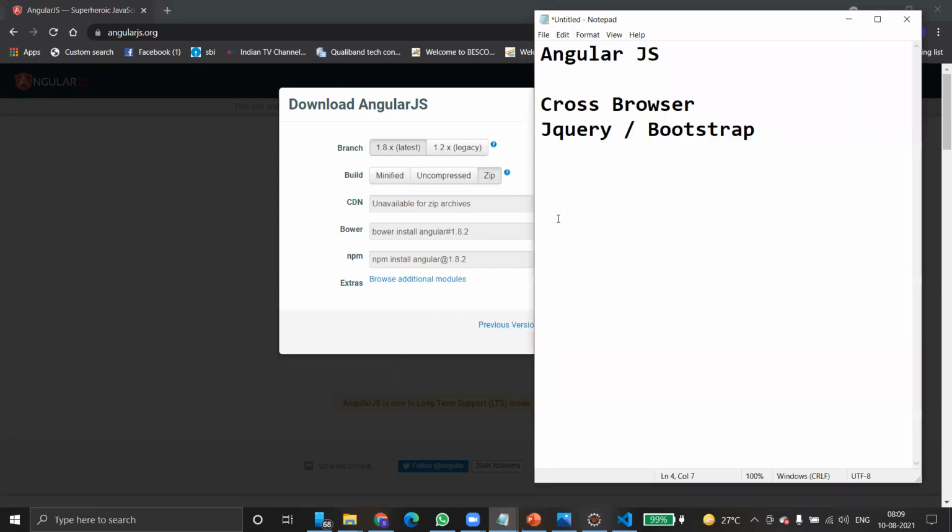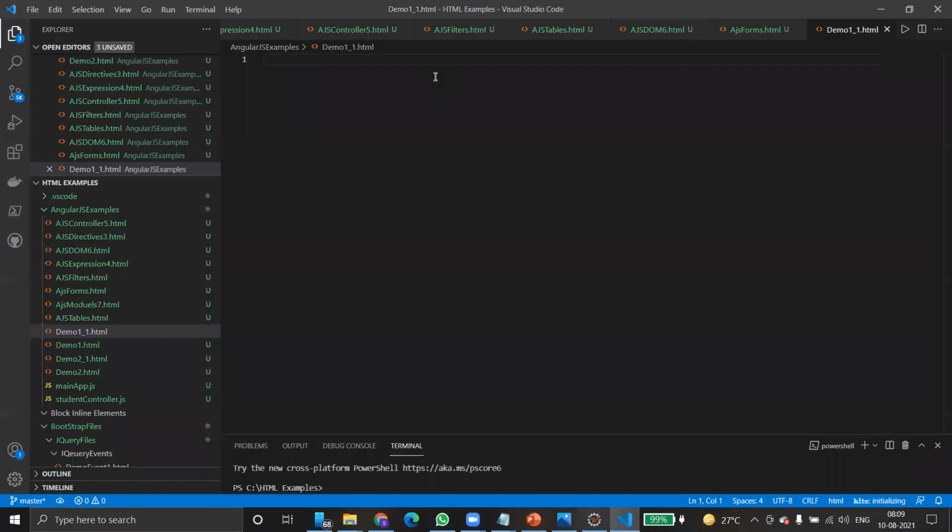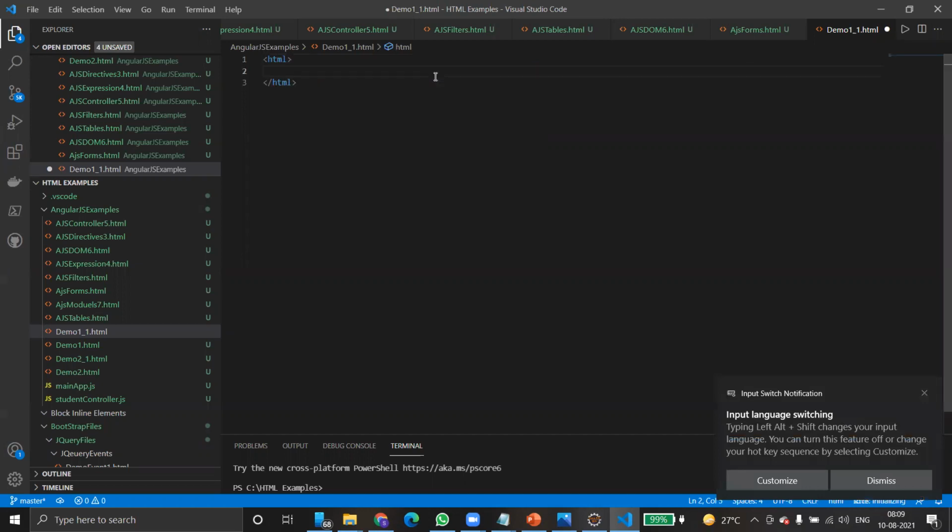Now I'm going to write a very simple code. HTML, and then head. We know head and title. Inside the title: This is my first AngularJS.